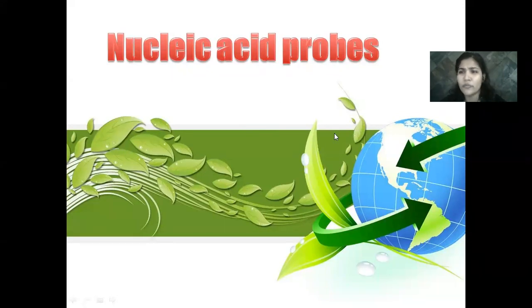So there are two types of probes that we have, short probe and the long probe. Okay, depending on how much length of the nucleotide you are targeting. And then there are their own advantages and disadvantages. Can you tell me any advantage of short probe? What is the advantage of short probe? And the advantage of long probe?